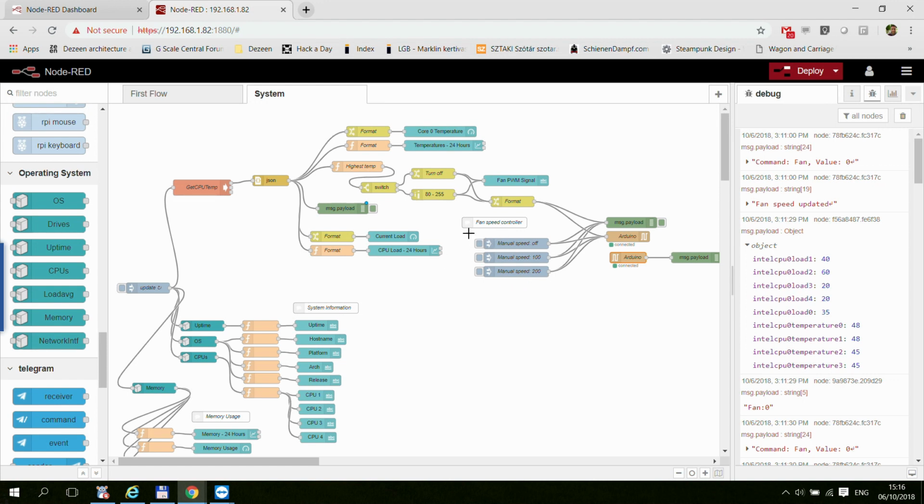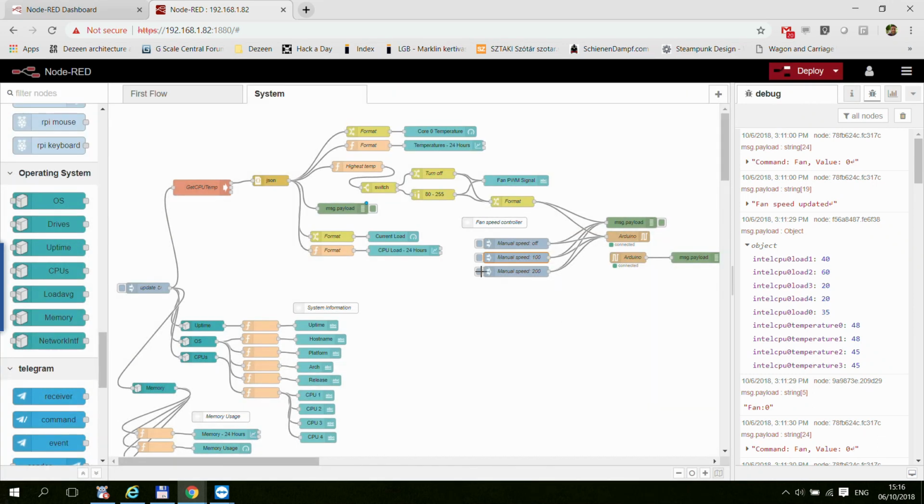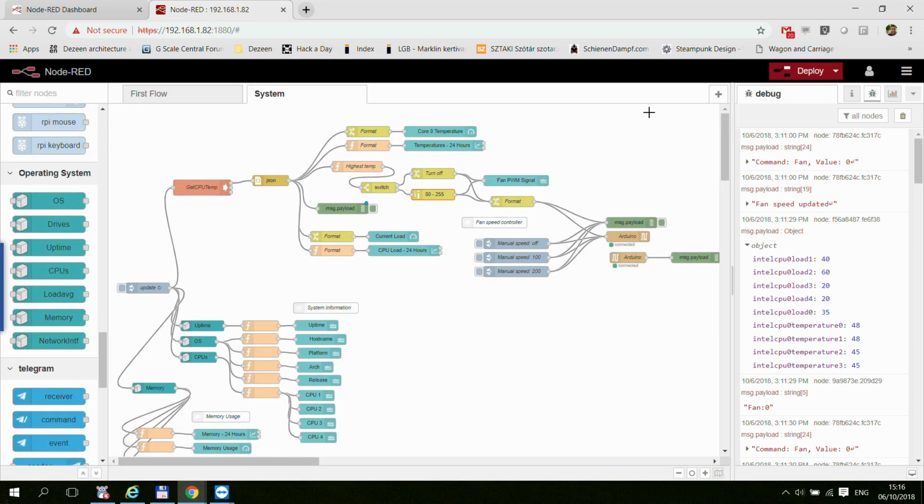And for testing, I've just created a couple of manual inject nodes, mostly to test what is the lowest fan speed, which then you can update here. So that's pretty much it. I mean, it's not really a complicated code, I have to say. And besides this code not being too complicated,